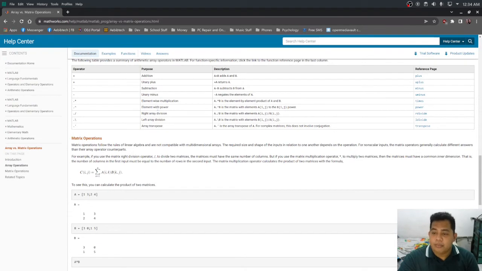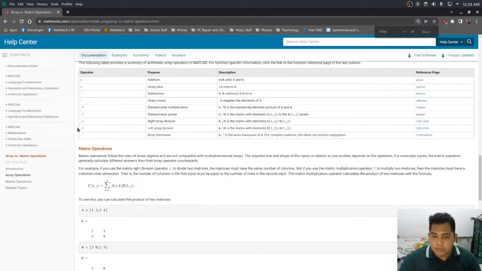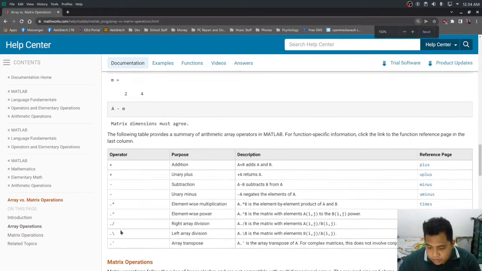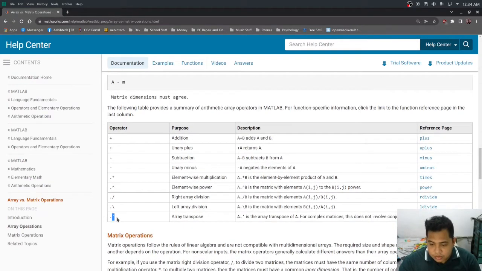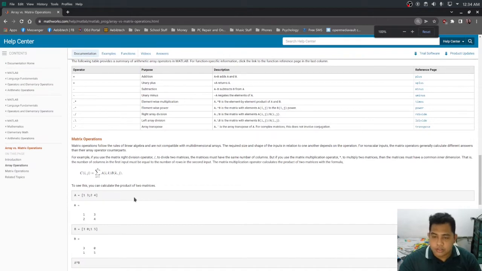Then we have element-wise multiplication, element-wise power, right array division, left array division, array transpose. What symbol is this? Is this a single quote? Yeah, I guess this is a single quote.